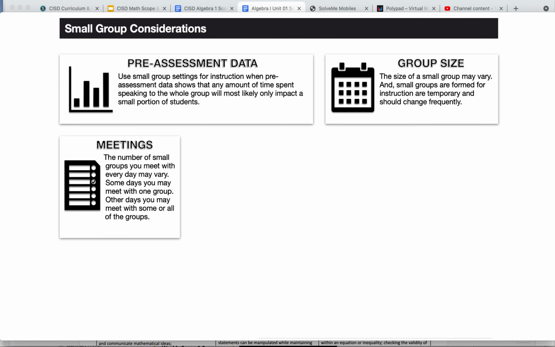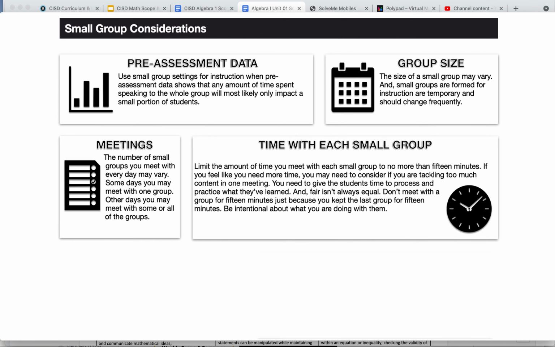group may vary, but it's important to remember that these groups are dynamic. They're not static. They will change based on those pre-assessments. How much time you spend with each small group may vary, but it's important to be very intentional with what